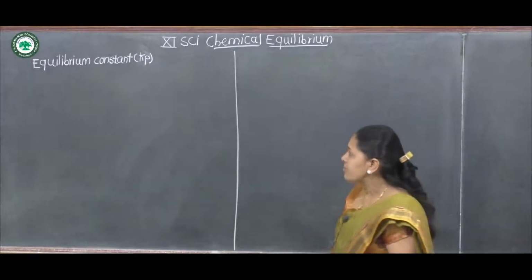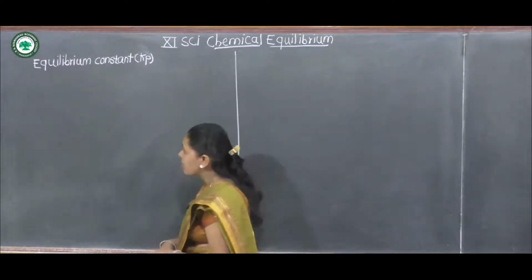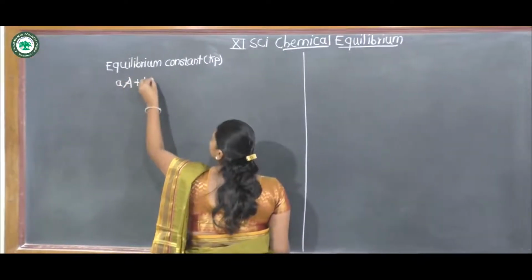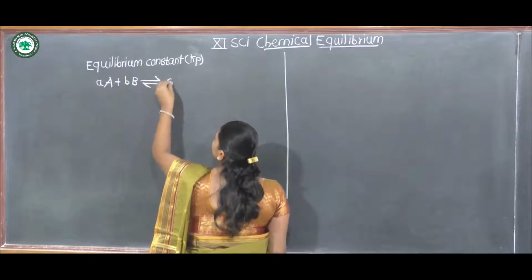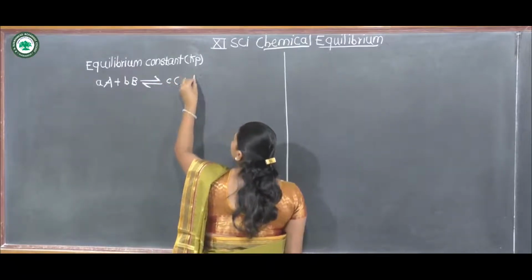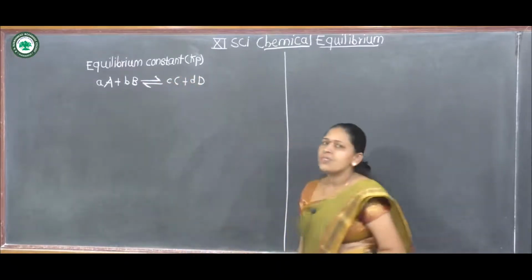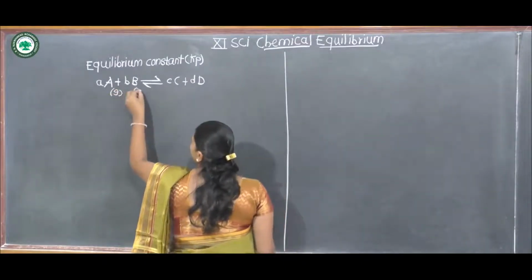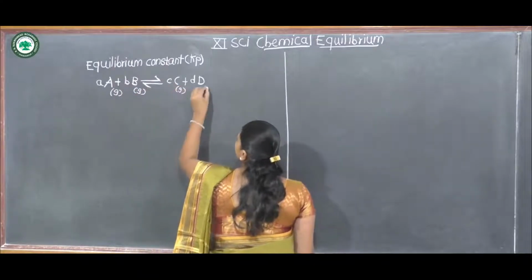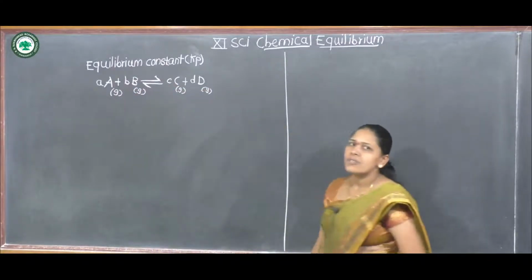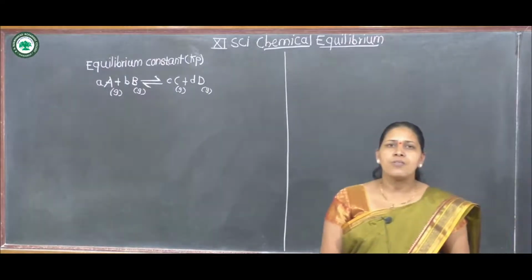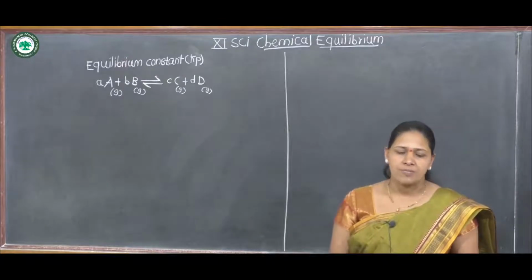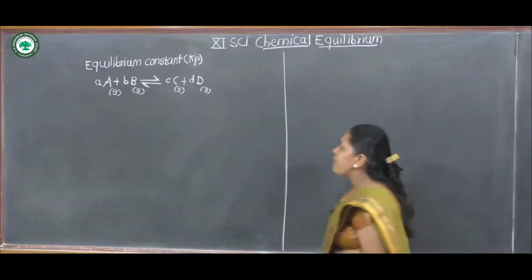For example, a general reaction. In this reaction, all the reactants and products are in gaseous state. For this reaction, equilibrium constant is expressed in terms of Kp. Kp means equilibrium constant with respect to partial pressure. Therefore, Kp